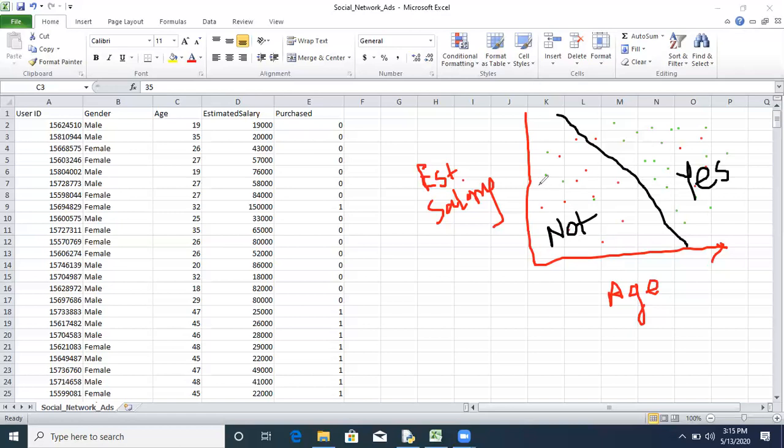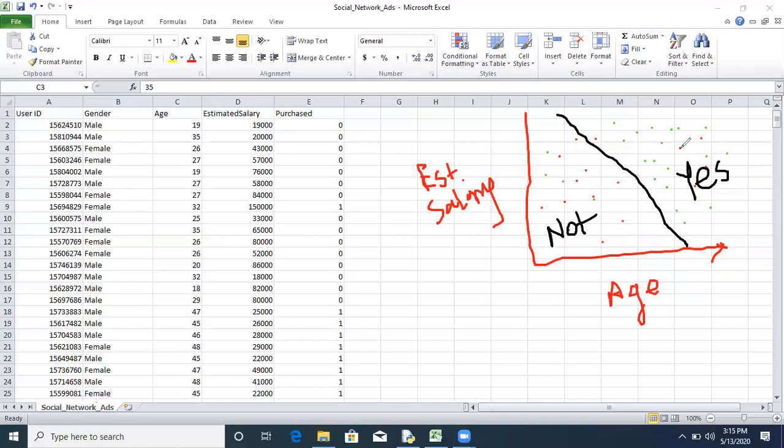That means this portion is the non-purchased portion. Here we have more green points and fewer red points, so it is actually a purchased portion, and the machine is also predicting it as a purchased portion. That means the accuracy is more.